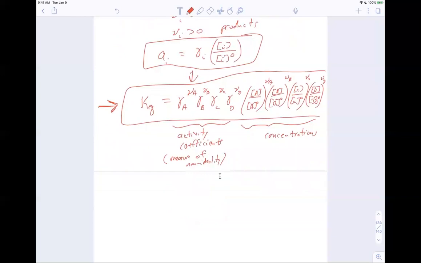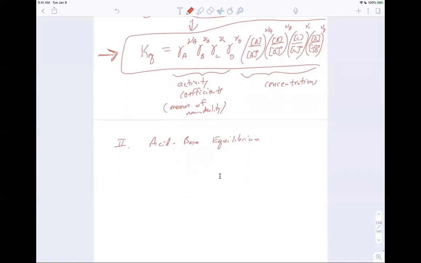Okay, so this is a general example. So let's take a look at acid-base equilibrium. And I'm just going to use water. It's very simple, but it's illustrative of what I want to get across here. It's a big and important concept. Acid-base equilibrium, and I'm just going to do the autoionization of water. Okay, so where you have water,